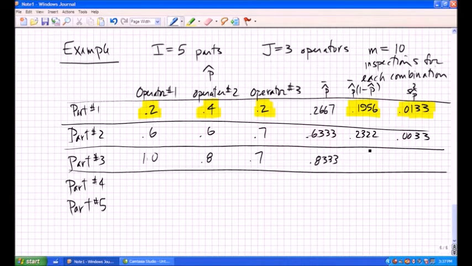If you multiply that by 1 minus 0.8333, you get 0.1389. And if you take a sample variance of 1, 0.8, and 0.7, you get